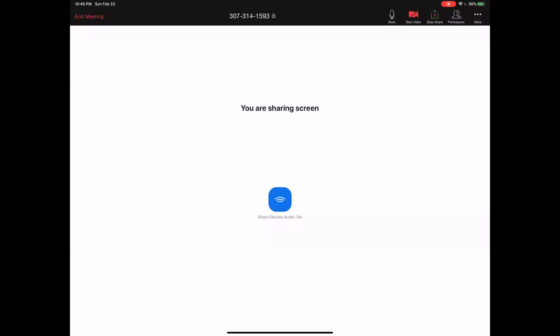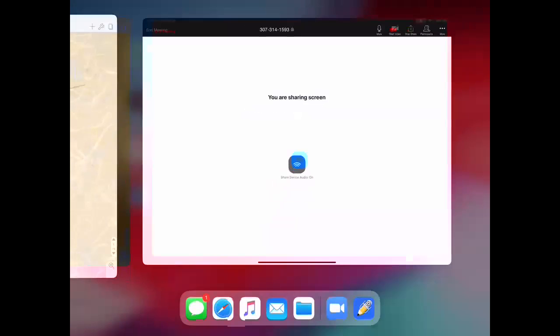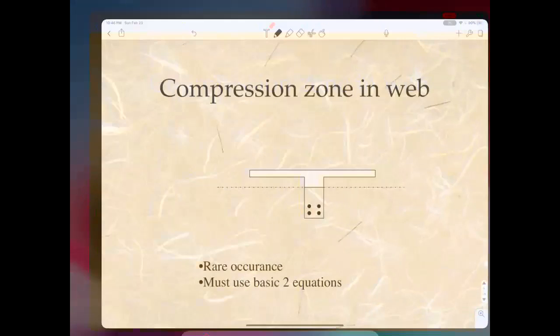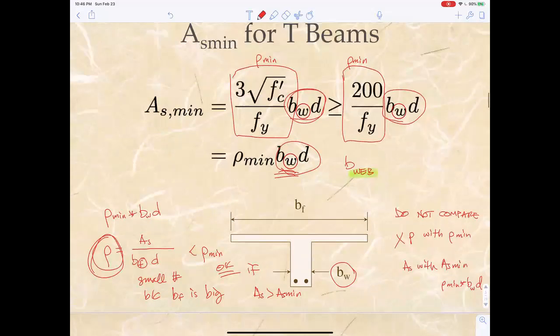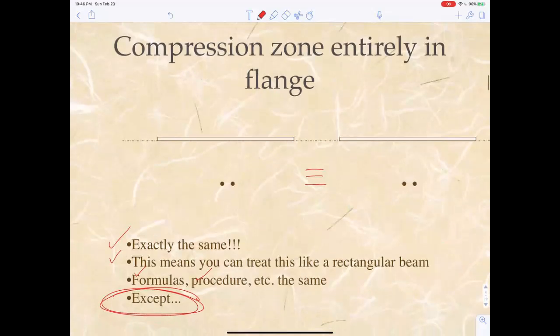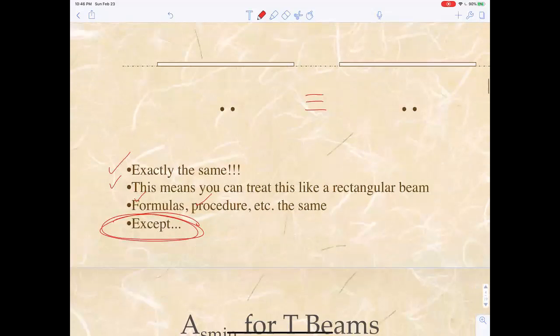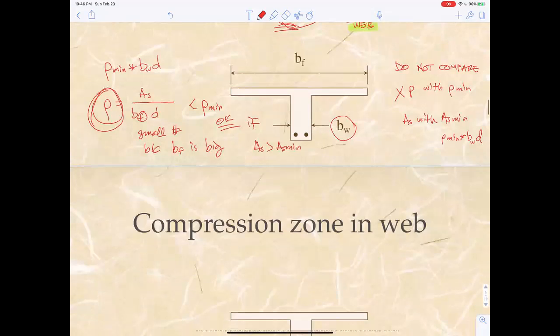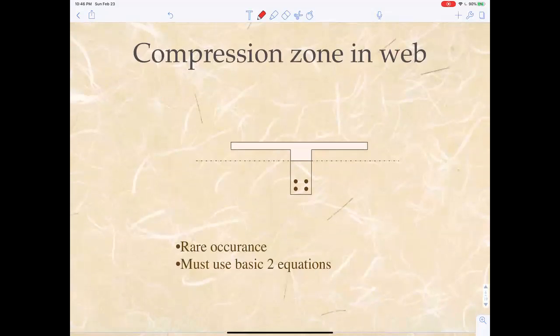Okay, we talked about how previously, if the compression zone is in a flange, there's no difference between a T-beam and a rectangular beam except for As min. Now we're going to talk about when the compression zone goes into the web like here, okay? And it's really rare. And in this case, you must use the two basic equations,